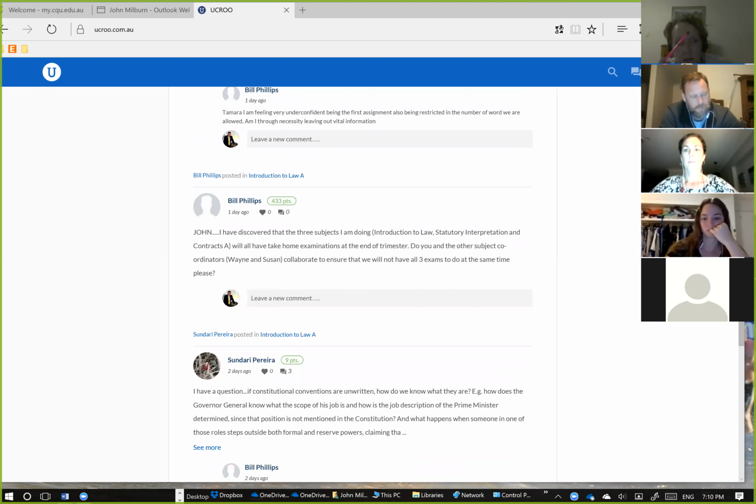So if you have a sit-down invigilated examination, you have to be at a certain place at a certain time, and you have a 3-hour block, handwritten, complete the work, and it's done. The idea of the take-home examination is that we give you a period beyond 3 hours to complete what is in effect a 3-hour task. So if instead of saying you must be at a place at 9 a.m. to complete your 3-hour exam, we allow you between 9 and 3 to complete that exam, we've doubled the length of time available to you.